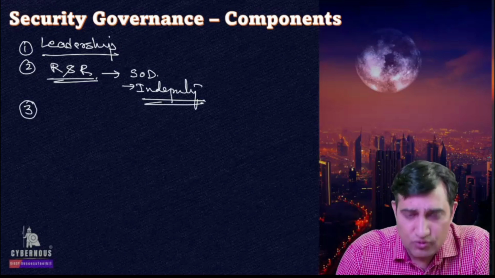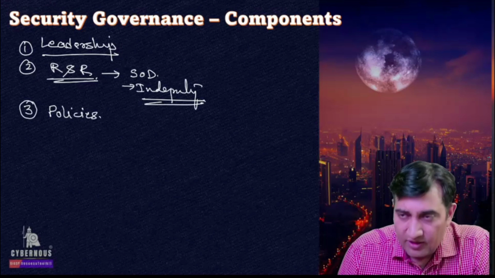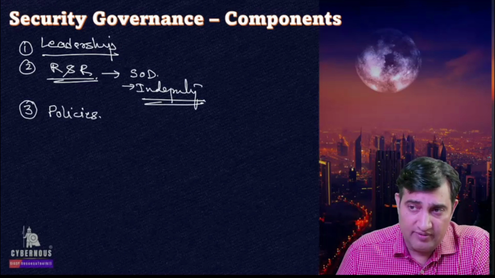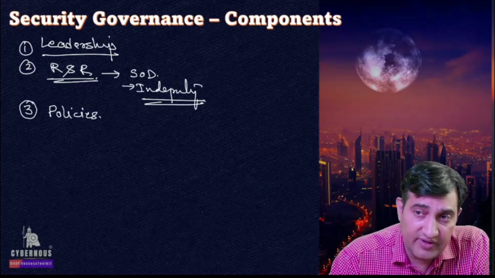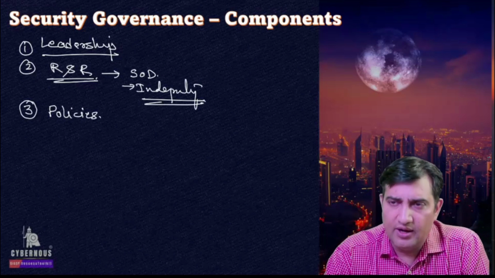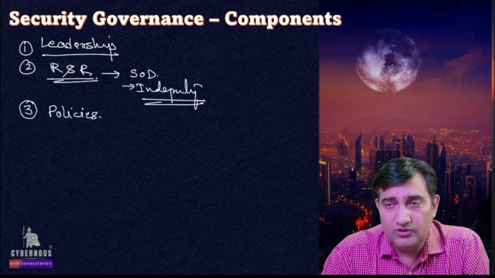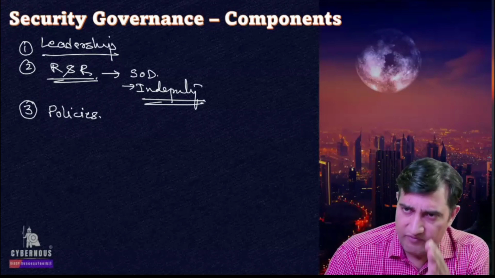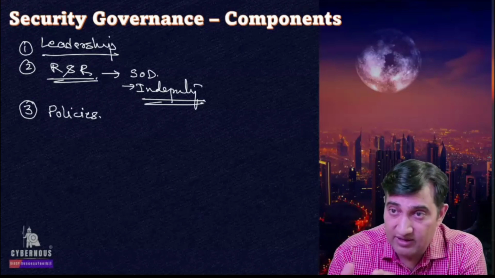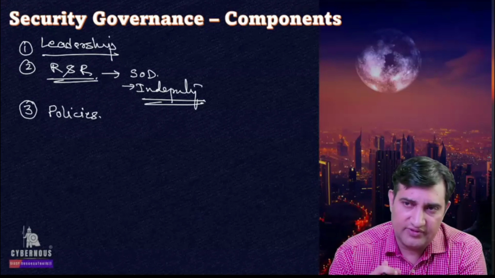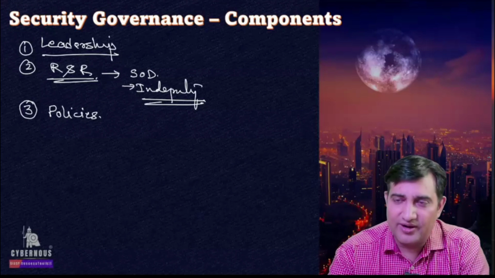Number three, you should also have a complete framework of policies and everything. Your company is a collection of people. People come from different backgrounds, they come with different understanding, they come with different skill sets, they have different objectives. How are you going to make all of them aligned without having a central document? So you need to lay down a framework of policies and, you can say, supporting standards, guidelines, and all these kind of stuff. So that is how governance looks in a particular company.